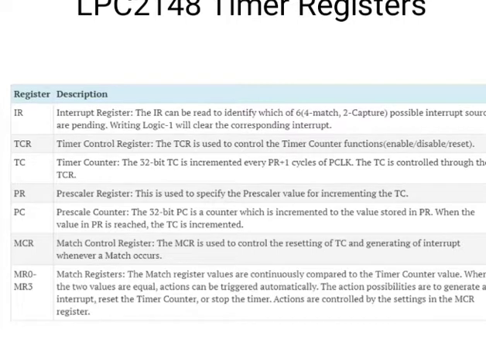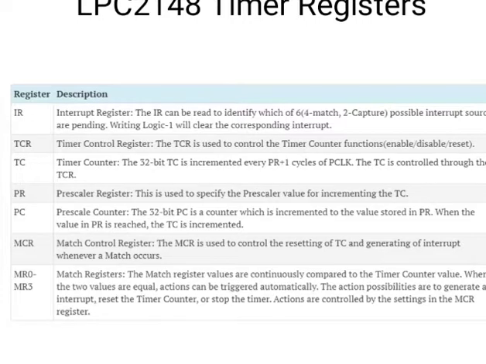The IR can be read to identify which of the 4 match and 2 capture possible interrupt sources are pending. Writing logic 1 will clear the corresponding interrupt. Then next is TCR, the timer control register. The TCR is used to control the timer counter functions such as enable, disable or reset.